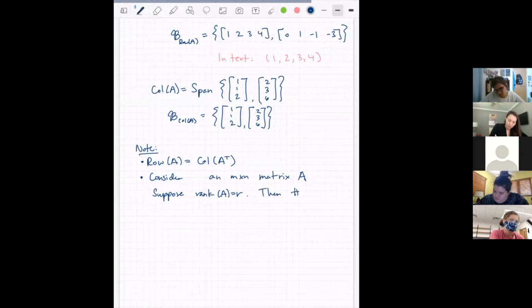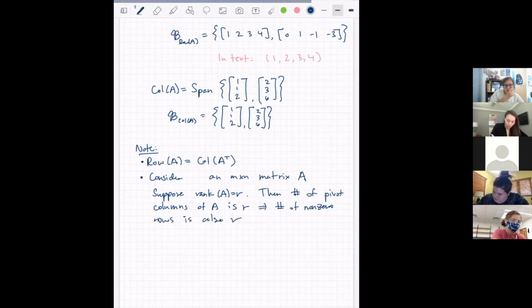Then the number of pivot columns of A is equal to R. That's just by definition of rank. And we know that the number of non-zero rows is also R,